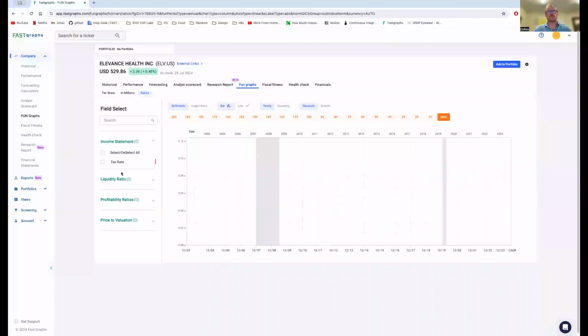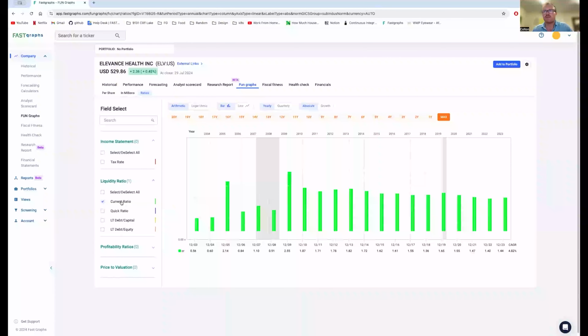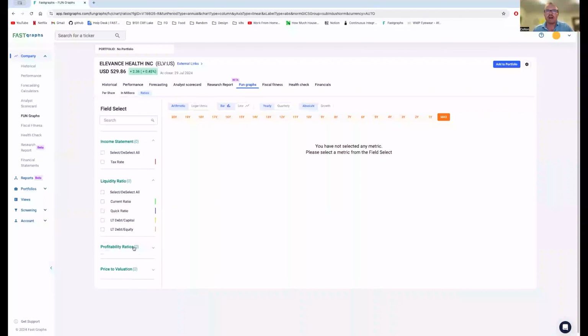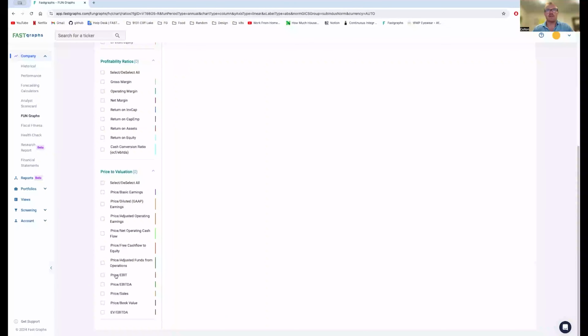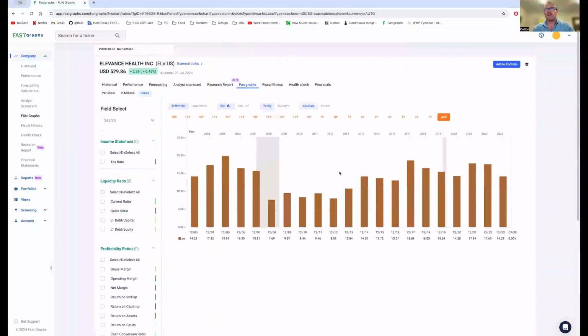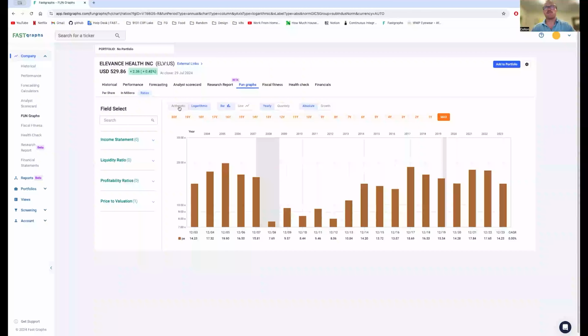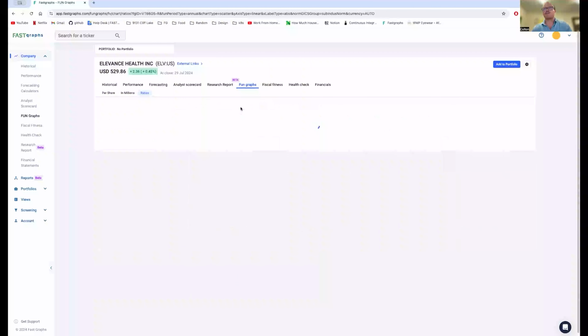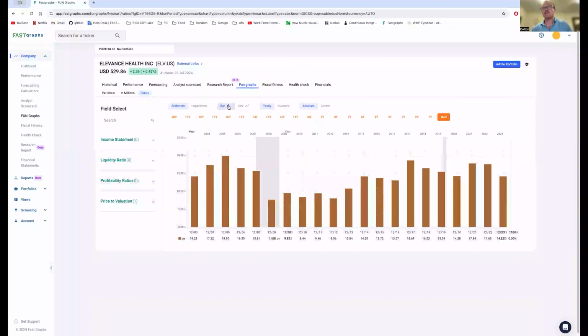We also have ratios. So in here, you can look at liquidity ratios. So current ratio, quick ratio. We've got some profitability ratios, and then we've got a ton of valuation ratios to also plot on here. Some of these companies, healthcare companies, don't have EBIT and EBITDA, so that's what we're seeing there. But now I'm plotting PE ratios right here. I have a bunch of functions around here. You guys can feel free to play around with these. They're pretty straightforward. Logarithmic versus arithmetic, lines versus bars, things like that, just to make it an easier viewing experience